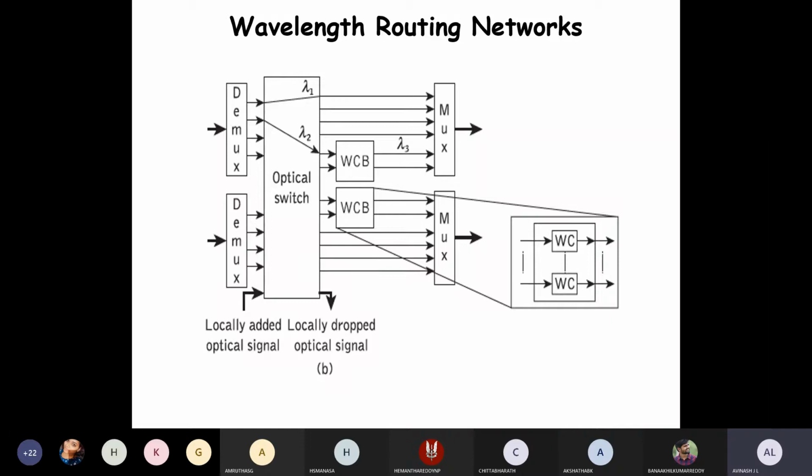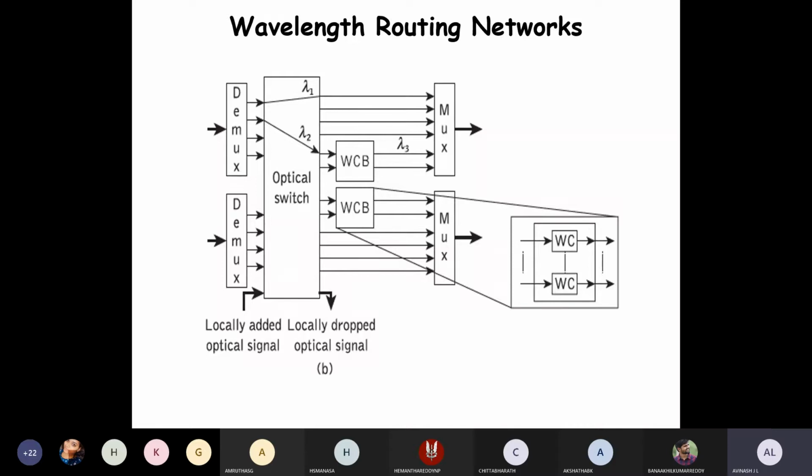So based on the sharing basis, what does that mean? Whichever signals need to be wavelength converted. Say, suppose out of 100 signals, around 10 signals may require wavelength conversion, and the other 90 signals may not require it. If they are not requiring wavelength conversion, then what is the necessity of converting those signals? That is not necessary, and then infrastructure will be wasted. So instead of doing that, we can have a wavelength converter bank.